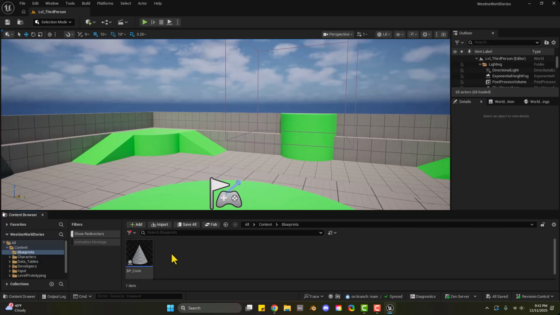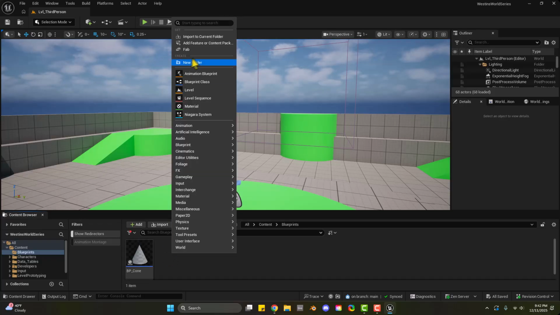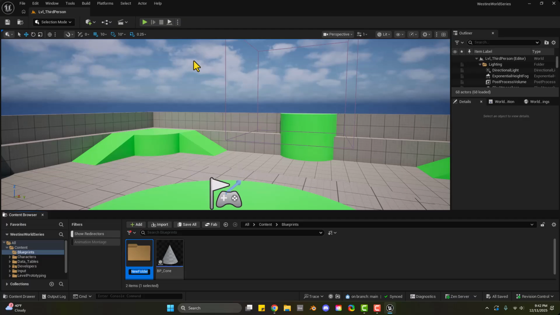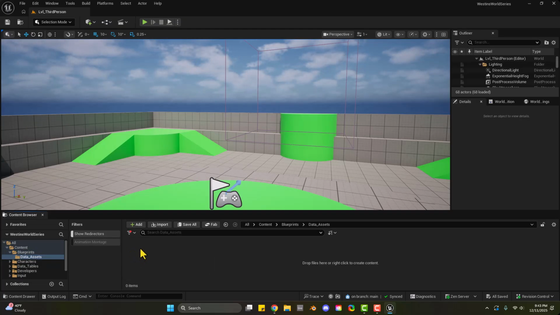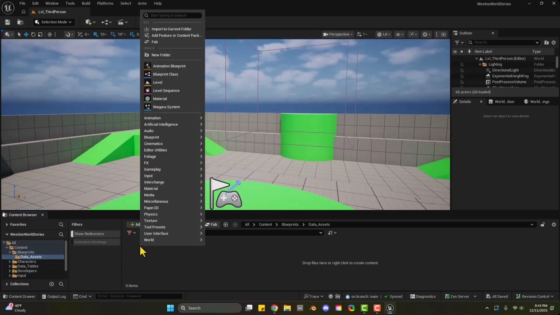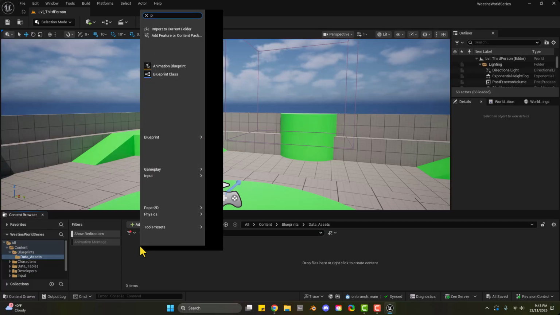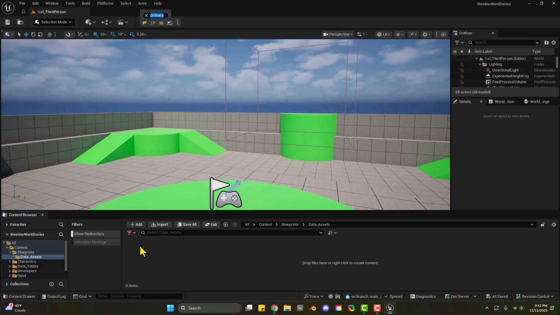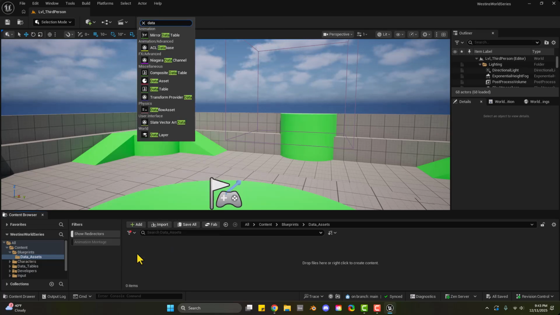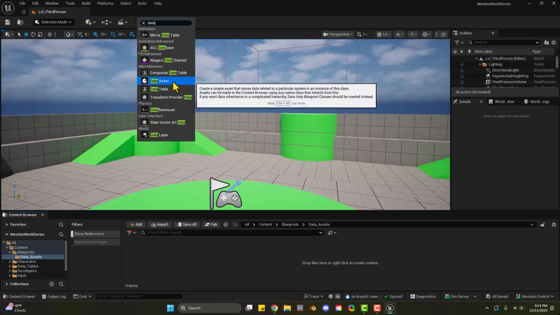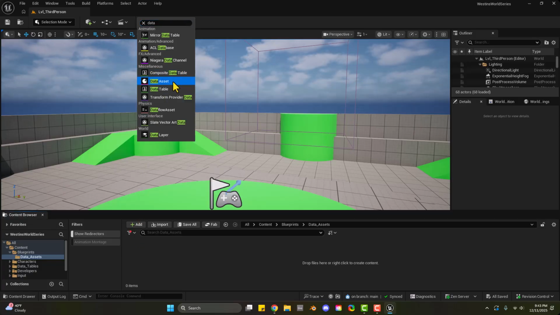So we're going to get started now. I'm going to create a new folder, right clicking, create new folder. We're going to name this one data_assets in our blueprints folder. Let's open it. And like I was describing, instead of a struct, we're going to right click, type in primary data asset. I guess I can start with that, but